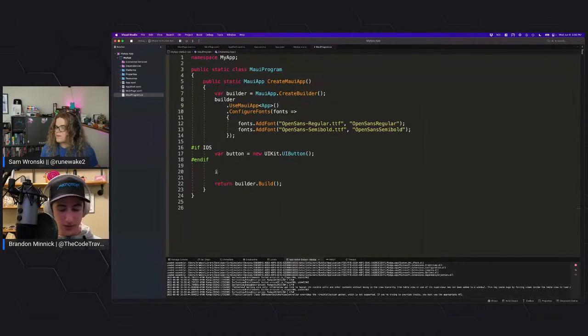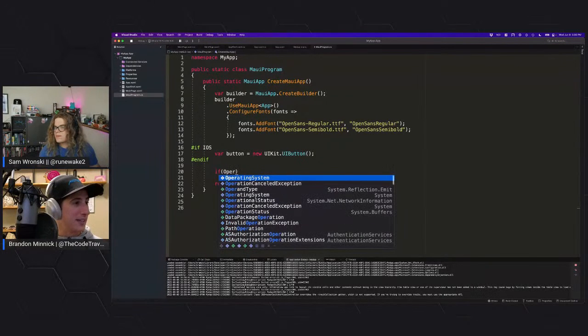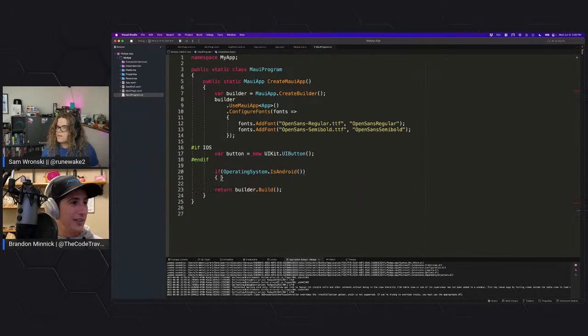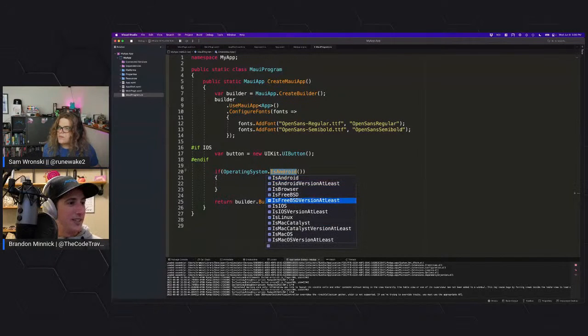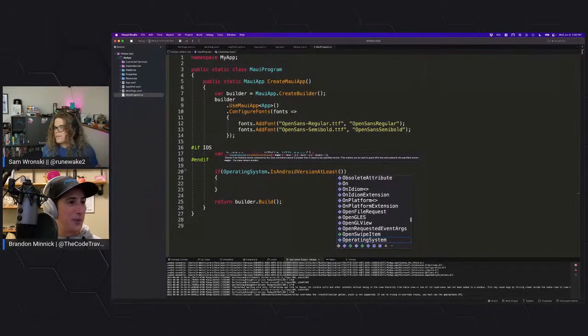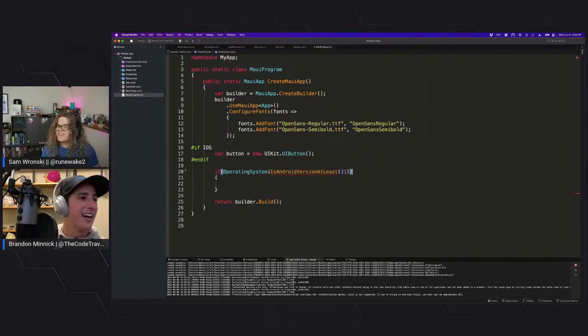Other ways you can do it: you can say if OperatingSystem.IsAndroid, we can then put some Android-specific code in here. As you can imagine, there's IsAndroid, IsLinux, IsIOS, IsAndroidVersionAtLeast, so you can get real specific with stuff like, is this at least Android version 31? Then run this code. And then if we go back to XAML,